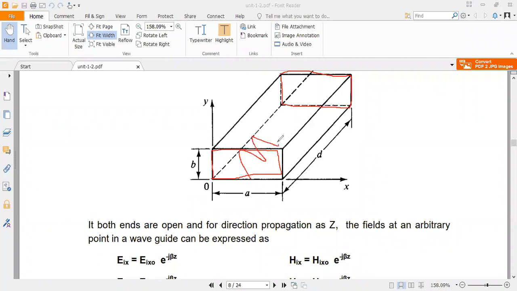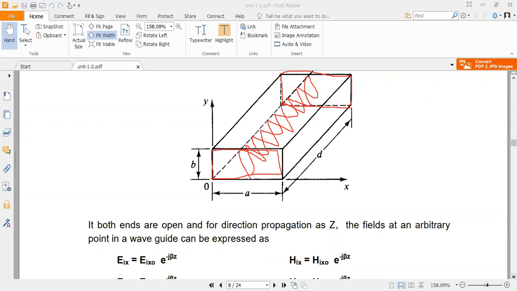Let us consider the wave is propagating like this. Since this end is shorted, the wave is reflected back. That wave we call a standing wave. When the impressed frequency is equal to the resonant frequency of the cavity, the maximum amplitude of the standing wave occurs. That is the theory we have studied. We have discussed it now. These expressions are very, very important.